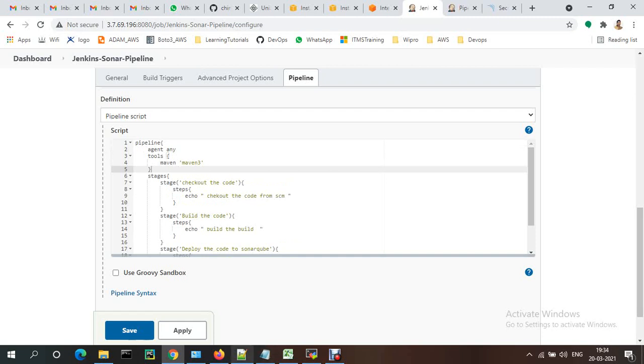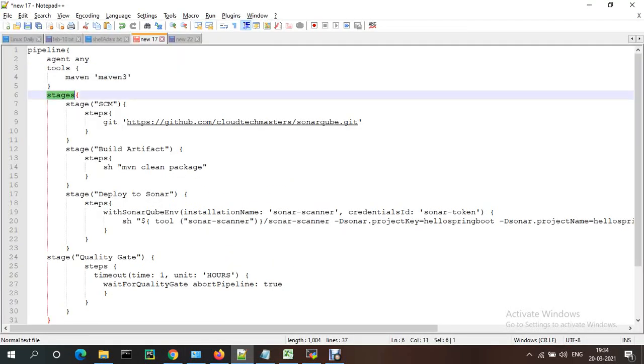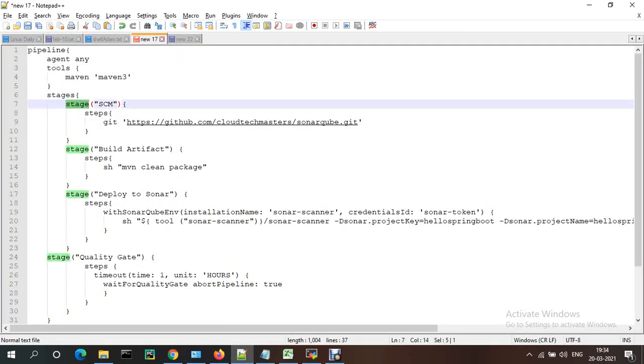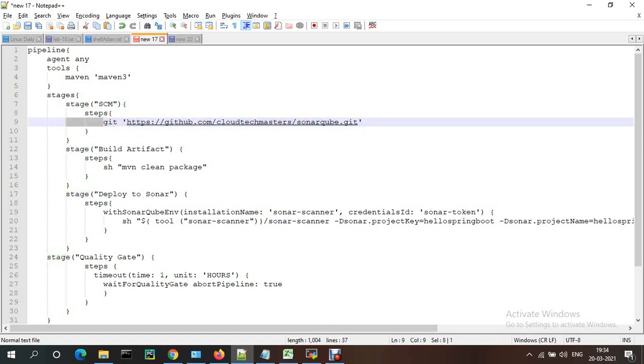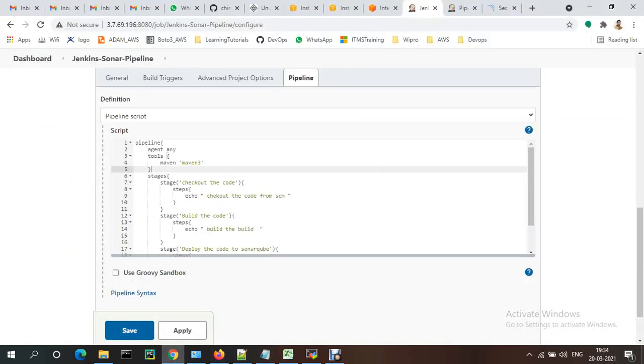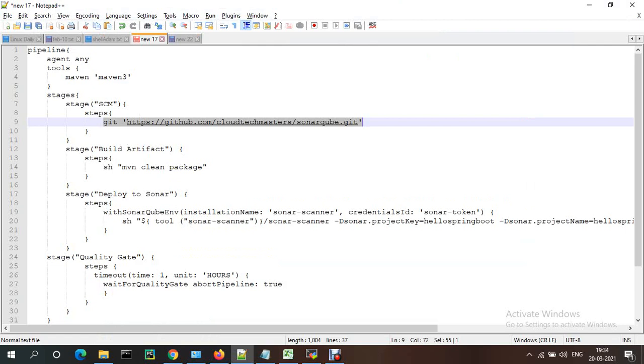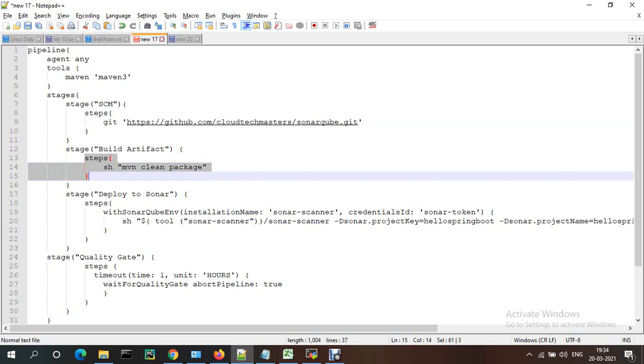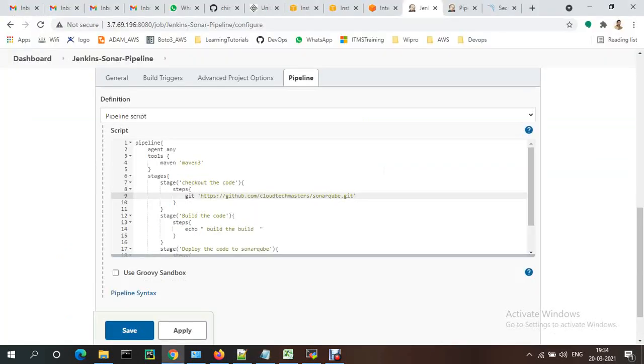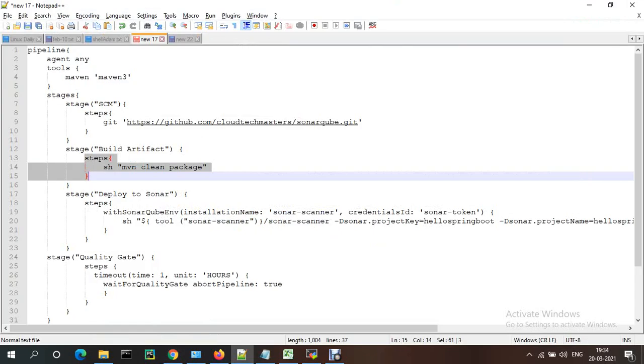Okay, now the first stage is SCM. We give checkout code, so under steps I'm replacing with this one. Instead of that, I'm giving git to check out the code from this repository. Now the second stage is build artifact. I'm giving the steps like a shell script, sh maven clean install.